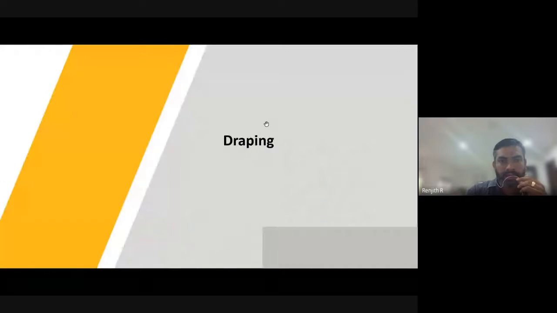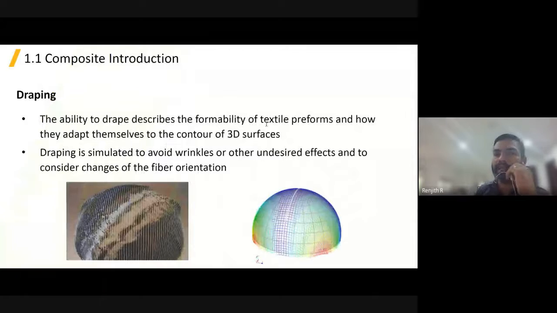And next, one more concept is that when we are doing analysis in composites, we must consider draping if the geometry is curved. For example, from the figure you can see it's a hemisphere. In this hemisphere, if we try to make a composite, there will be wrinkles over the surface. These wrinkles will directly affect the output, that is, the composite material which is manufactured. So we have to consider the reduction of this draping, and there are a lot of parameters to consider for this draping.